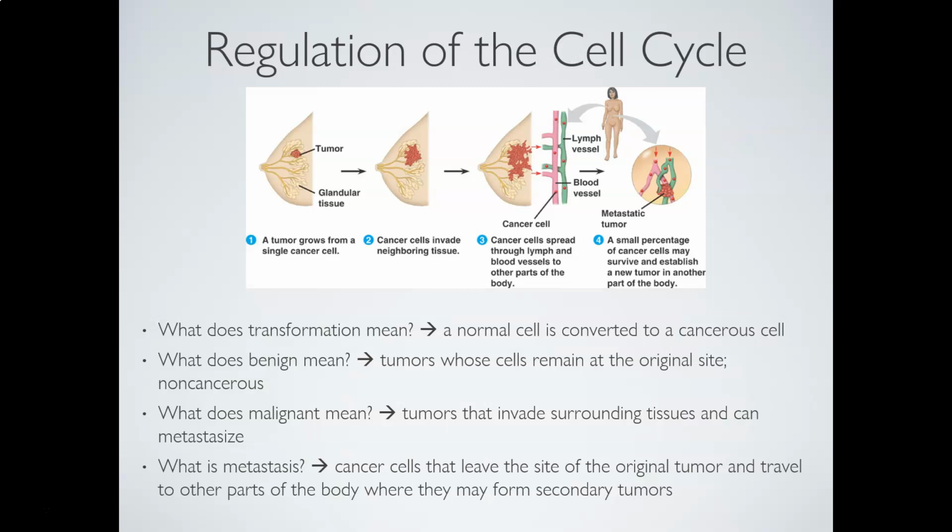And so those benign tumors are often misnomered to be non-cancerous. It doesn't necessarily mean that, but it just means that they are lacking enough mutated instructions that typically the tumor will remain at its original site. And so you'll often come across it as being non-cancerous, and they're not worried about the tumor cell spreading. So we're lacking the density dependent inhibition there, but not necessarily the anchorage dependence. And those tumors tend to be easier to treat because we can go in, cut them out, and that should theoretically be the end of it.